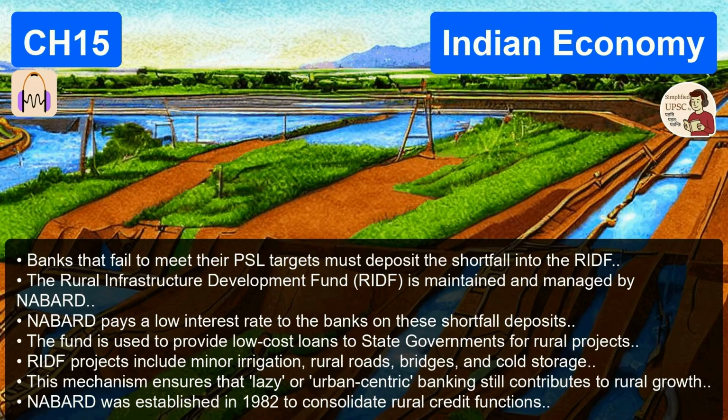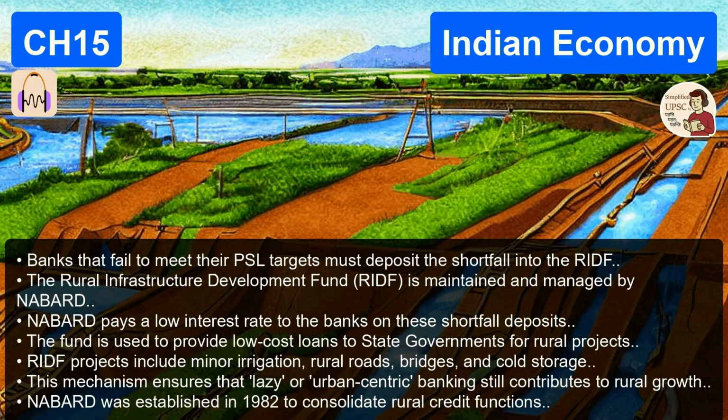That is where we get into segment 5. Banking with a purpose. Directed lending. This brings us back to the social obligation of banking in a developing nation. If you leave it entirely to the free market, banks would only lend to Reliance, Tata, and Adani. It is safer, it is easier, and it is highly profitable. Who would lend to the small farmer in Vidarbha or the handloom weaver in Varanasi? Or the student needing a small education loan to go to college. Exactly. So the RBI instituted priority sector lending, or PSL.